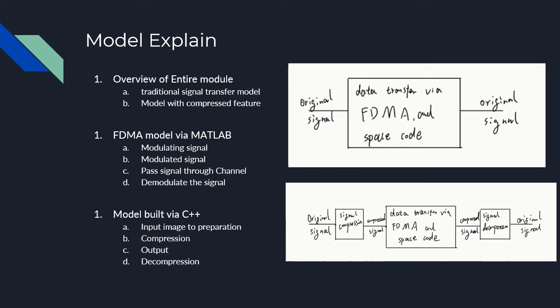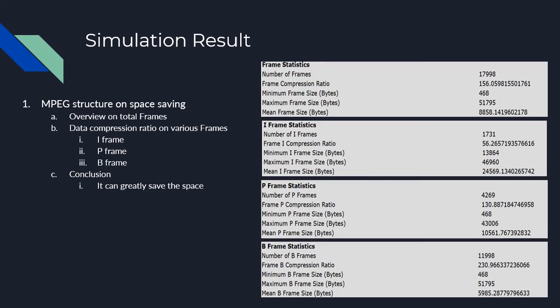And finally, the original signal will be received at the user side. And here is the similarity result about the MPEG. The first part shows an overview of the total frames. In this sample we have 17,098 frames in total, and the average compression rate is 156, which is